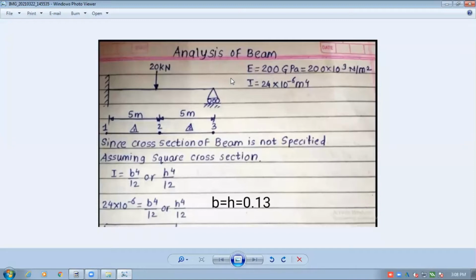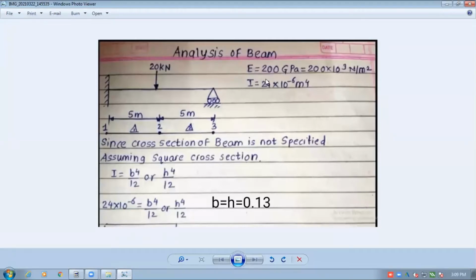So what is the very basic step in FEA? It is the discretization. That means you are supposed to divide this entire problem or this entire domain into a number of subdomains. There are certain criteria for discretization. The first criteria will be change in cross section.